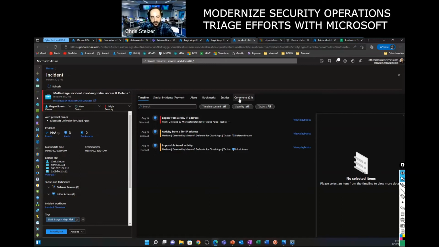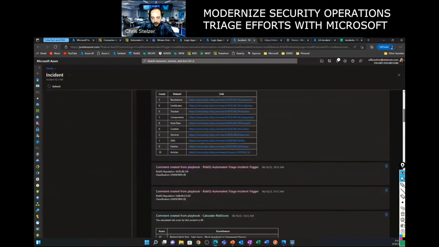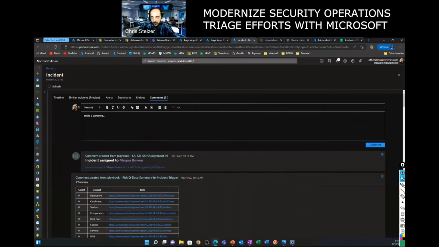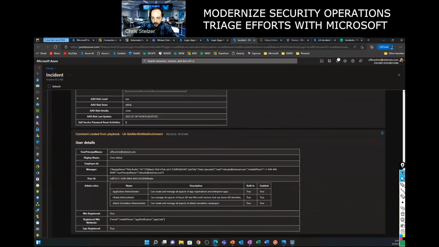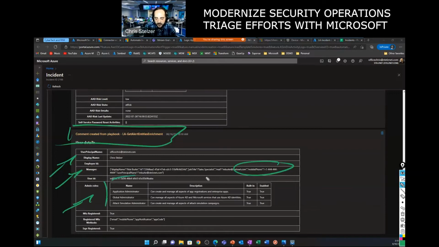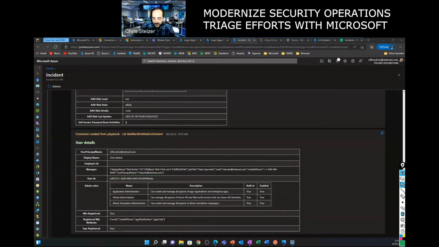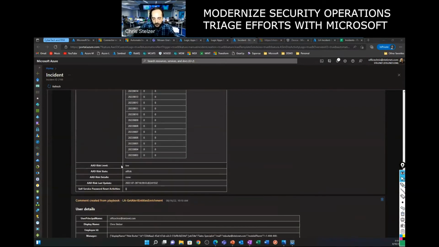Well, those questions that I would normally ask and have to spend maybe an hour searching for as a standard security analyst, I can click the comments tab within Sentinel and I can literally get all the information I need. So I can scroll to the bottom. As an analyst, I now know who this user is, who this person's manager is, what their manager contact data is, what administrative roles that user is a part of, whether or not this person is registered for MFA, what those registration methods are. So a lot of core details about the users who are tied to this particular incident.